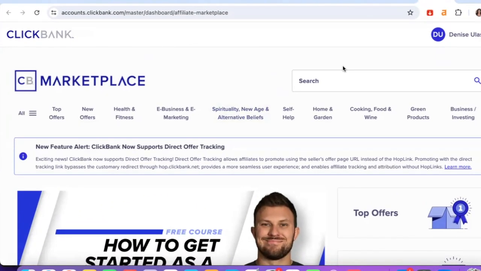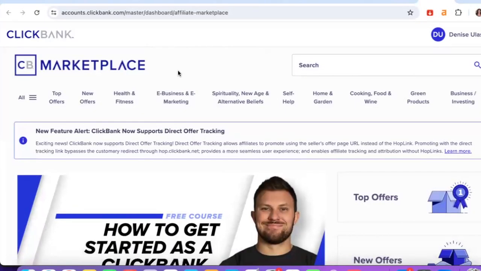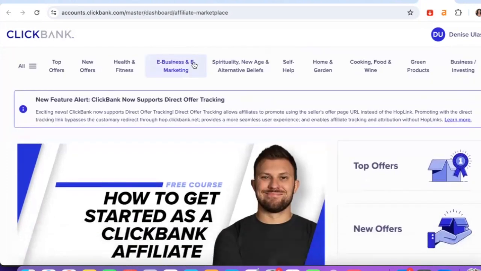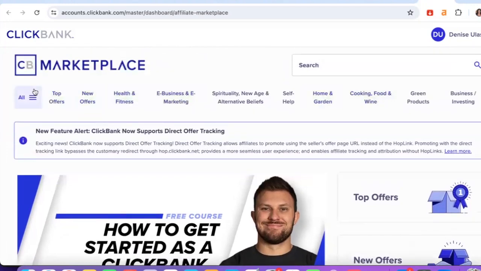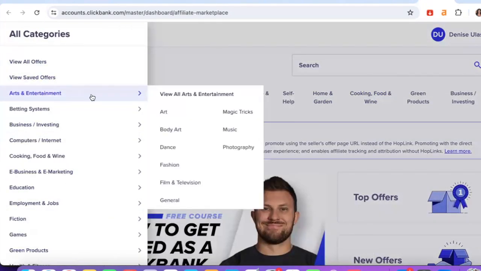To get started with the strategy, you are going to need a product to sell. A great platform to check out, guys, is none other than clickbank.com. ClickBank is an affiliate marketing website. They have a ton of different products that have already been created and are being sold by other sellers, and that you can literally promote and earn a percentage commission every time somebody buys via your link. So what you want to do is come over to ClickBank, check out the categories that they currently have here, and find a category that resonates with you.